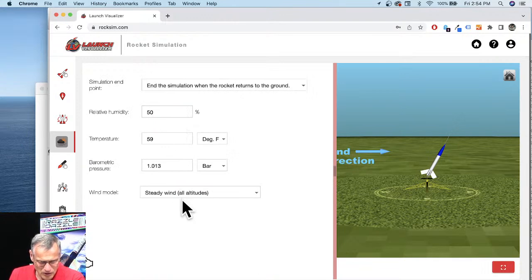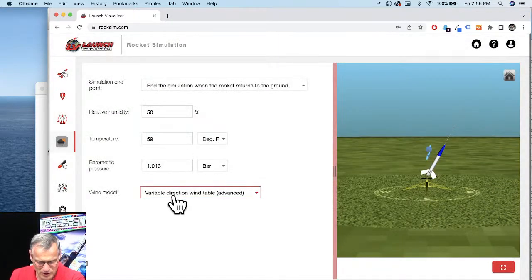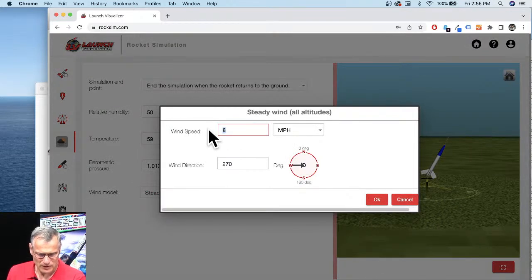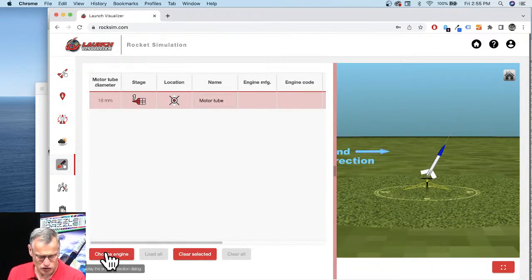I know we had a wind of 5 miles an hour. Oops, not variable. Cancel that. We want steady wind. That was at 8. Let's go 5. Click OK. Okay, so we're going to choose an E motor,